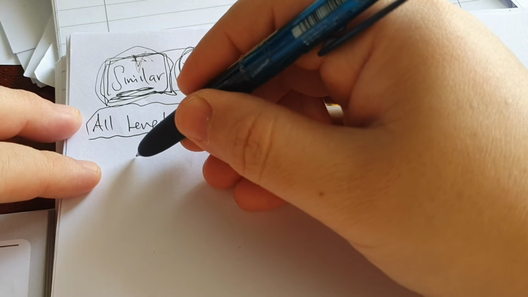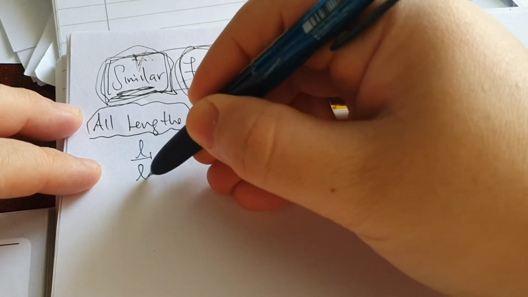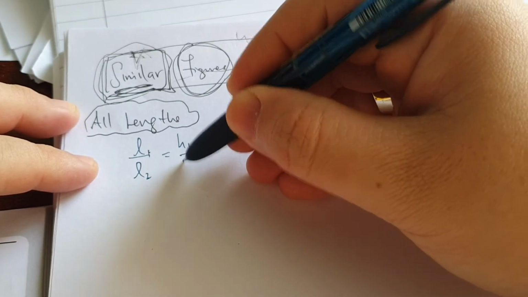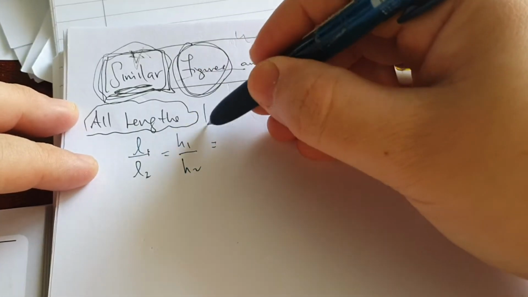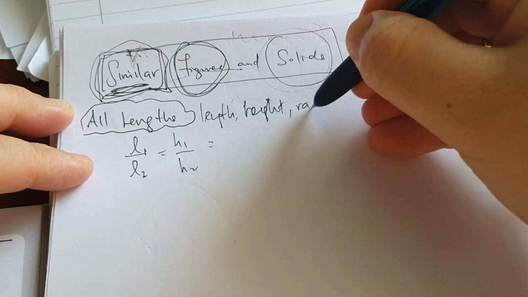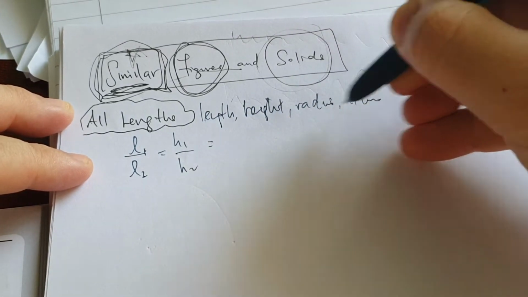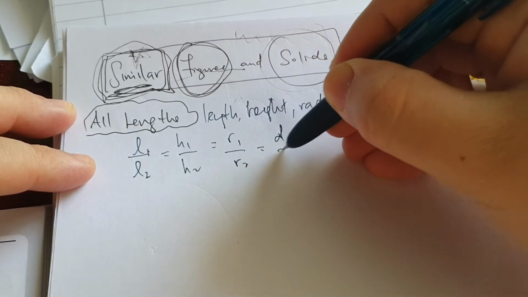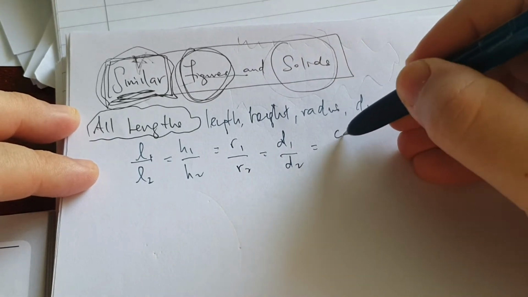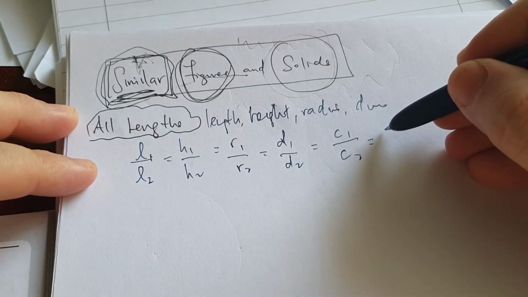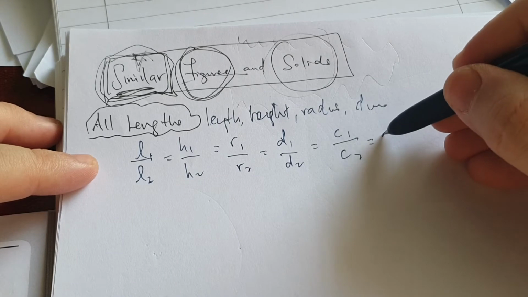If they are similar, then the small length over big length must be equal to the small height over big height. So length, height, radius, diameter. Okay, I write here. Radius, diameter, circumference. What else? Slant height,